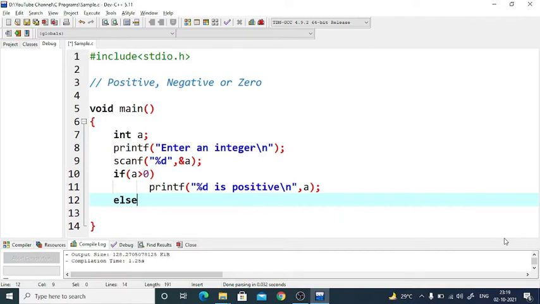Now understand the else part very clearly. If a greater than 0 is true, the number is positive, that's true. But in else part, I cannot conclude directly that the number is negative because I am left with two options. If it is not positive, it either could be negative or it can also be 0.